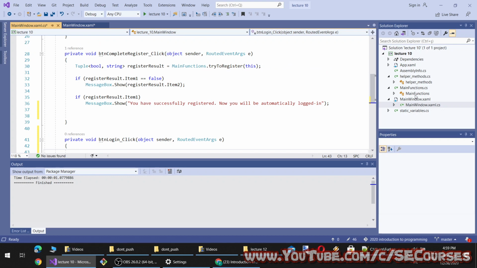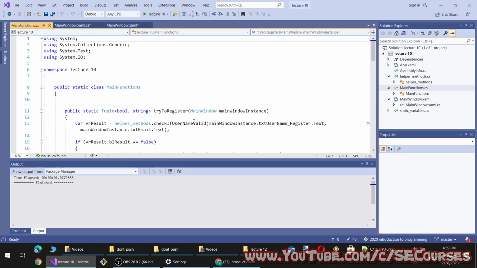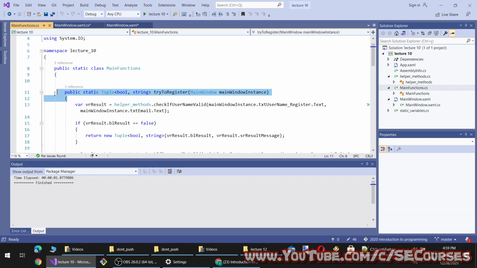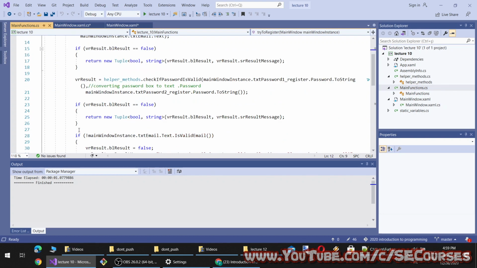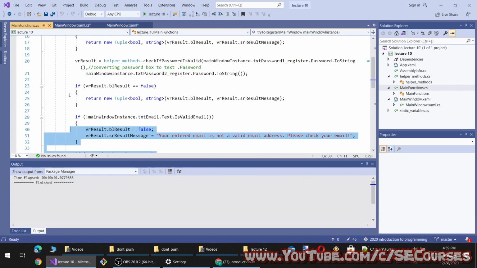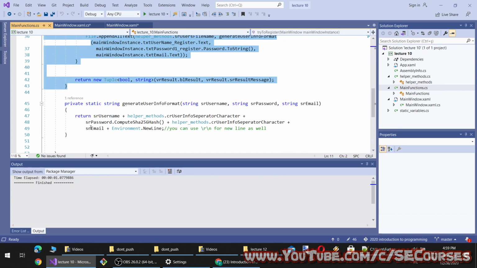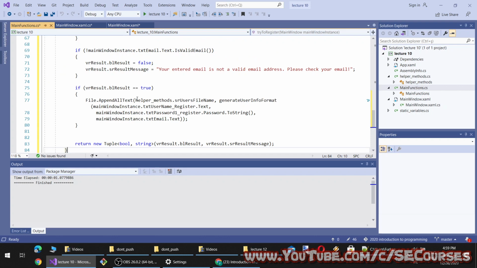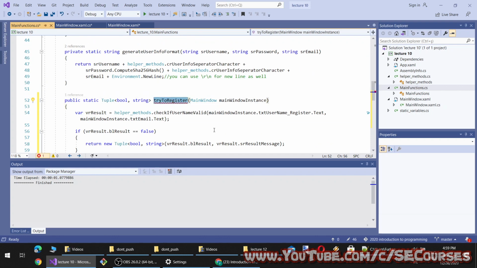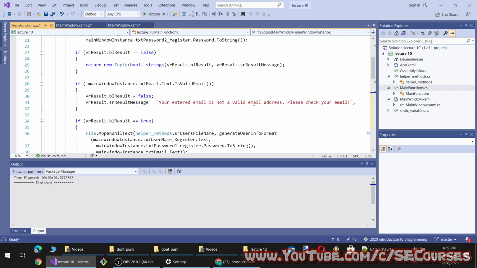I will code a method here like try to register. So I'm copying and pasting this method like this, and calling it try login. It also takes the main window instance.